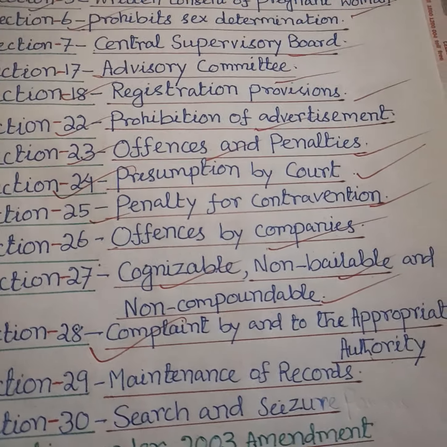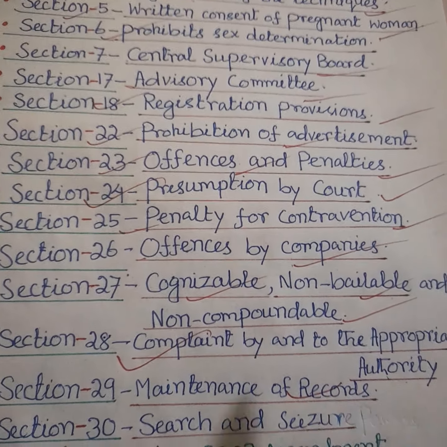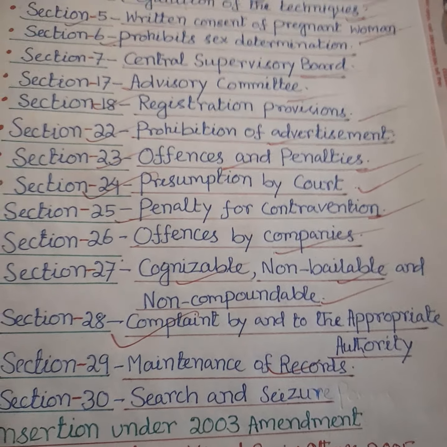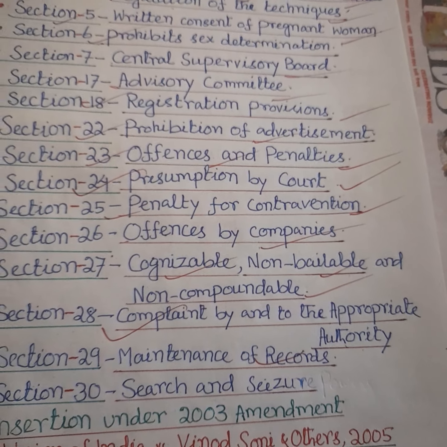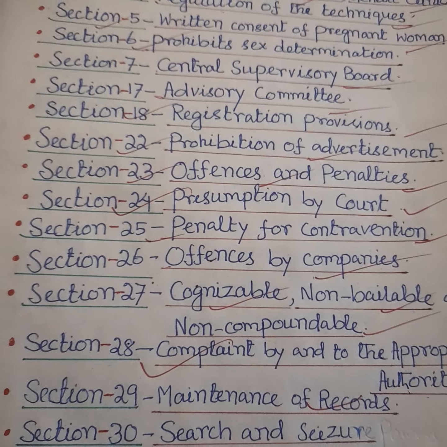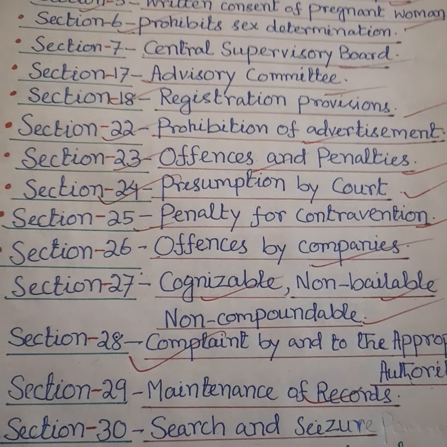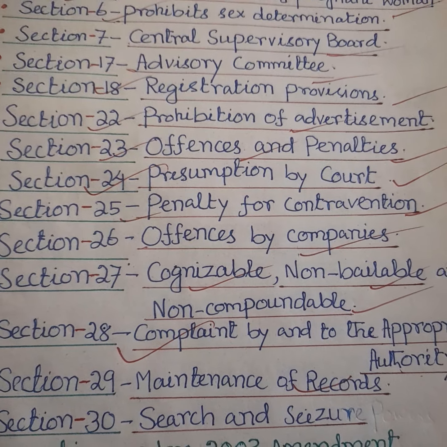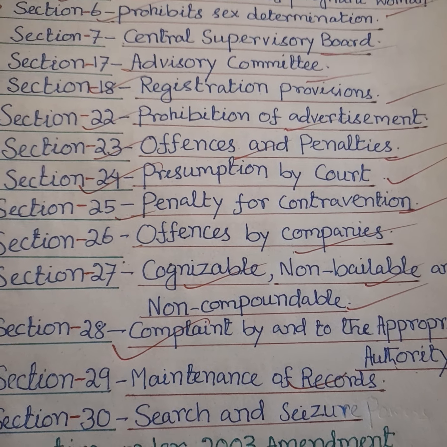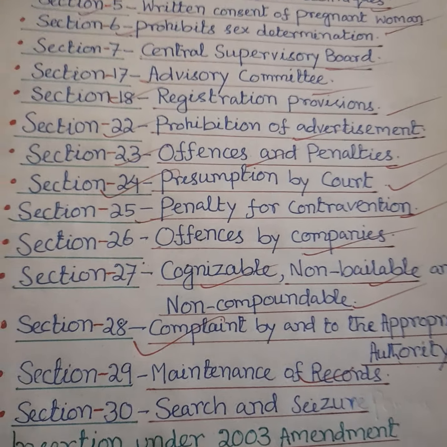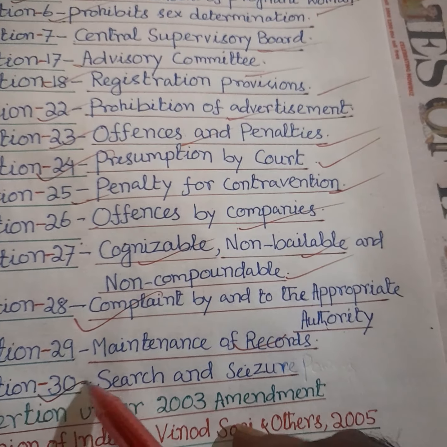Section 29 provides for maintenance of records by all genetic counselling centers, genetic laboratories or genetic clinics. And now we will discuss the power given for search and seizure under Section